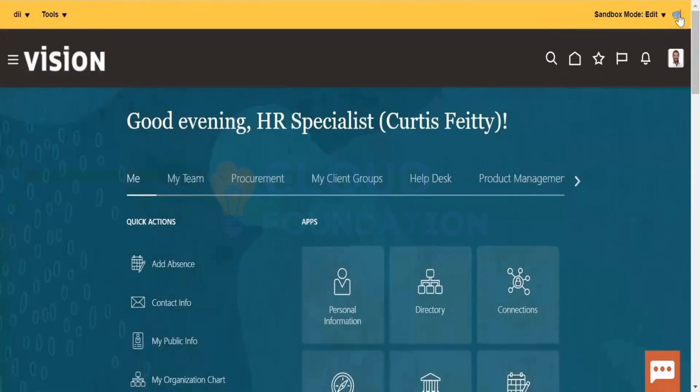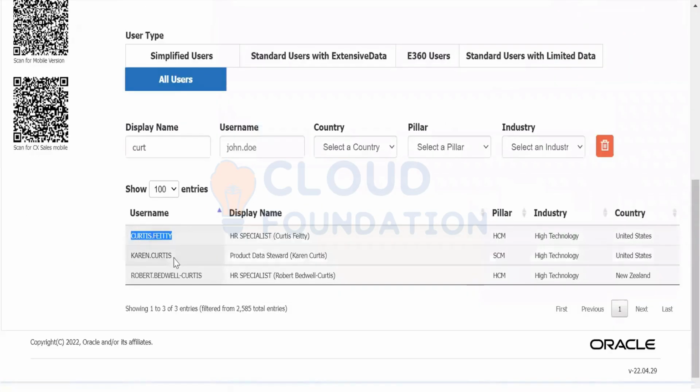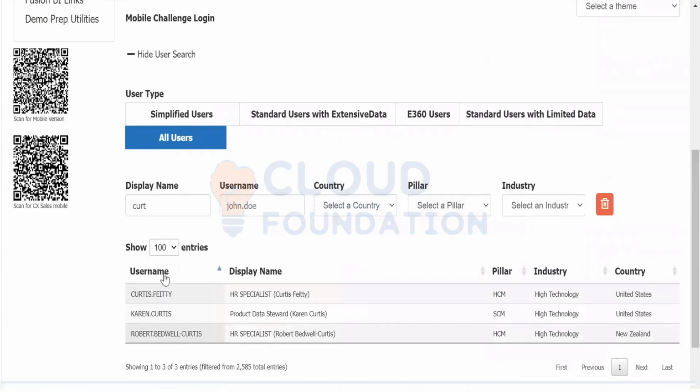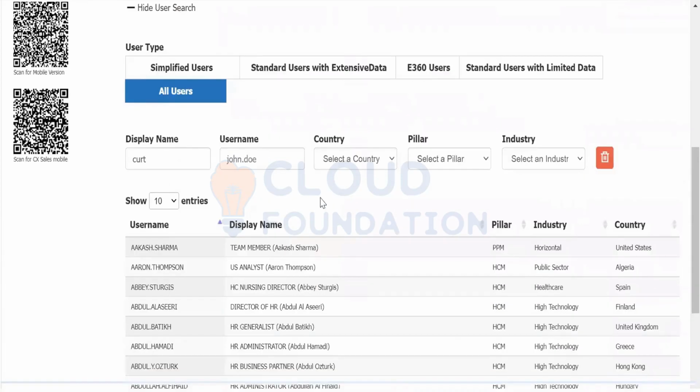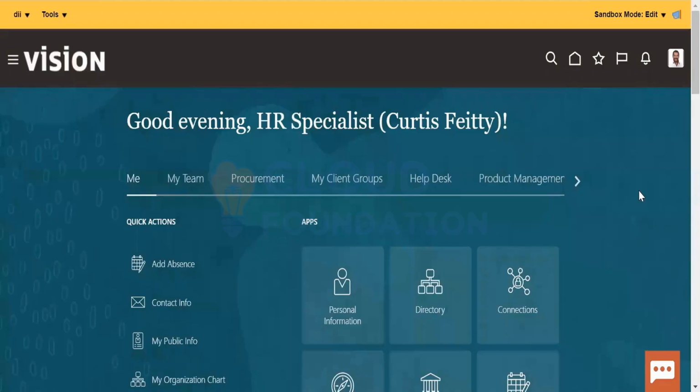So this is the instance. This is the username. I'll tell you the basic setups. Let me talk about the instance. We take the username. Lots of usernames are there. We take the username Curtis.50. This is the username. Many users are there. So we'll take all users and you can take any of these users. So this is actually my instance.